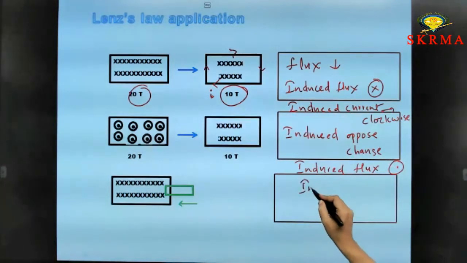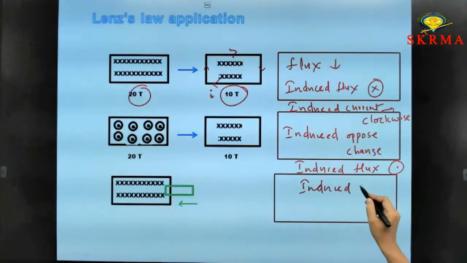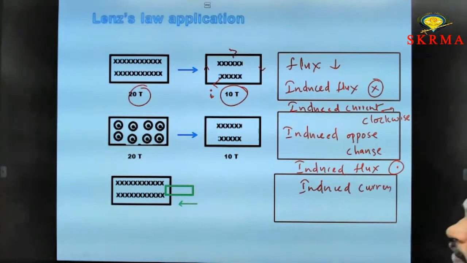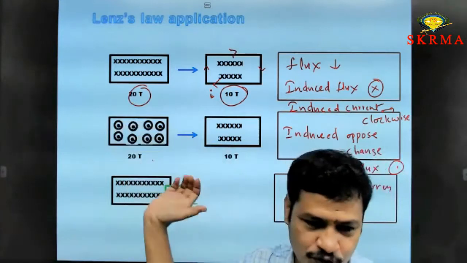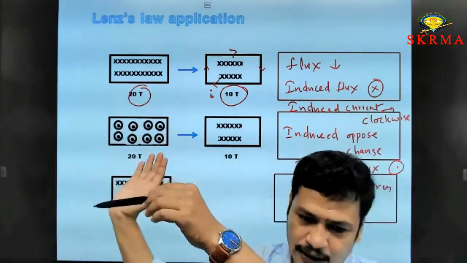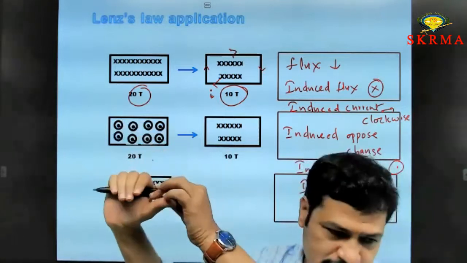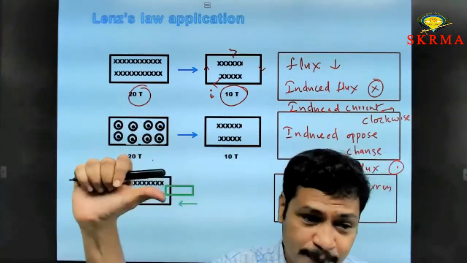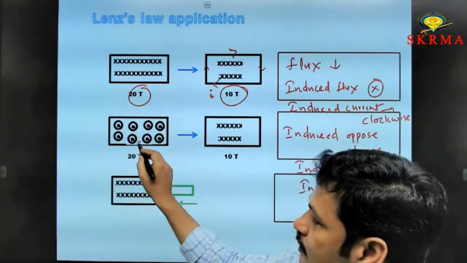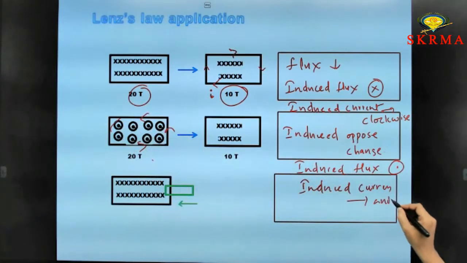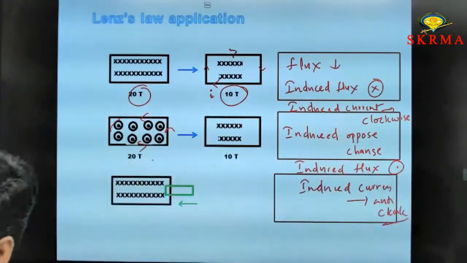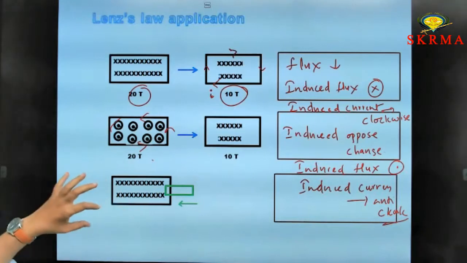The induced current is, out of the page, nothing but here. Suppose this is out of the page. If you place your fingers like this, this is out of the page, then the thumb represents the direction of current. Here it is anti-clockwise. This is anti-clockwise. These types of questions are often asked in our objective questions. And in the same way, there is the third diagram.